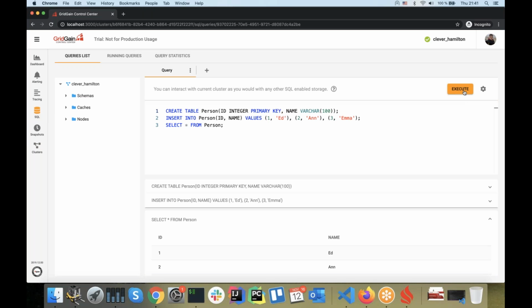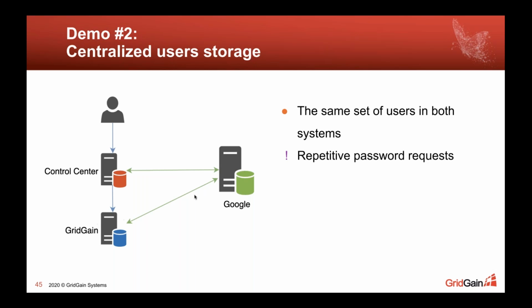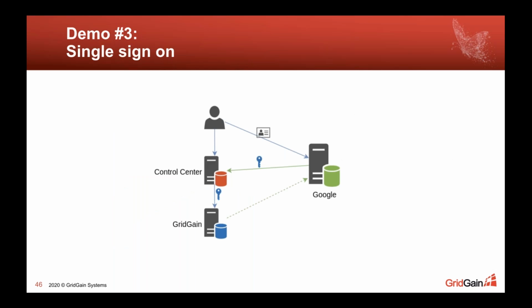The session is already started again, and the session token is stored on the back end and front end. But yeah, the difference from the first approach is that this storage is synchronized between GridGain and Control Center, but you still have this drawback with repetitive password requests, and you still need to send the credentials with the requests that are sent to GridGain, which is not that secure. It's not that convenient. So let's now consider finally the case with single sign-on,